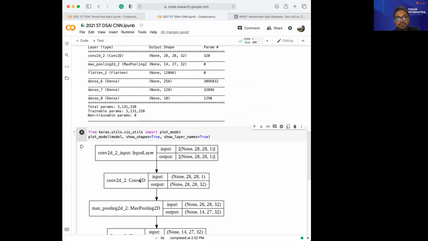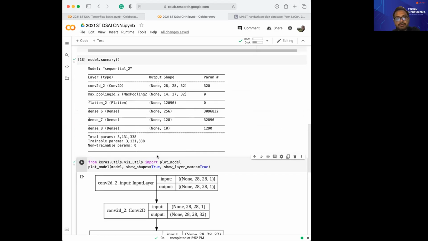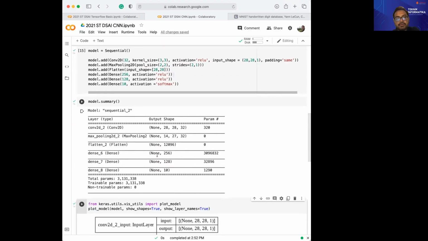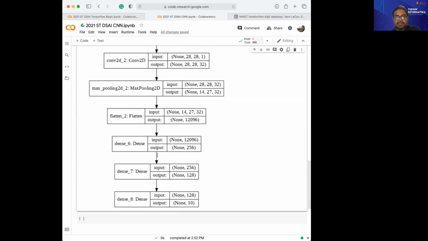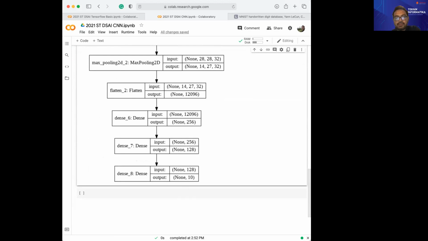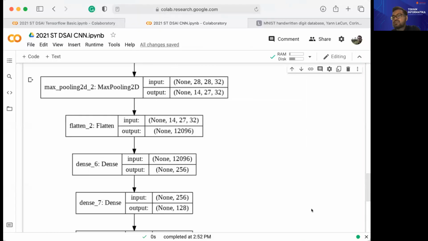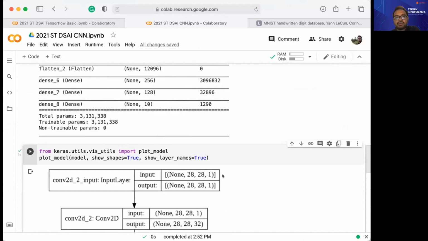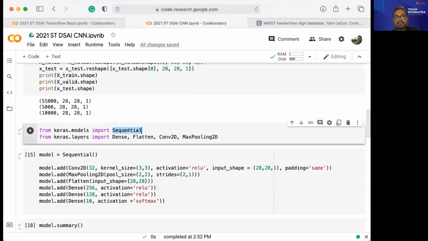Conv2d, this one is the conv2d input layer. Okay, let me check after this. So this one is for creating the model using sequential, right? This one is the sequential. But we can also create another model by using the,